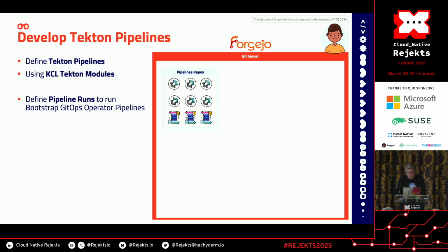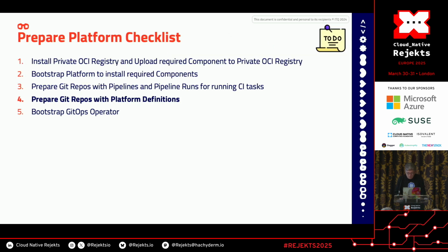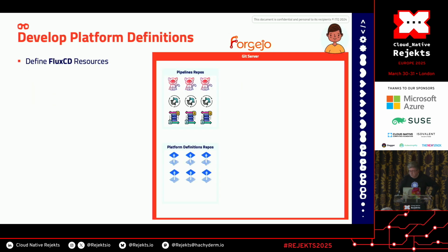run inside the platform. So now that everything is there to run, you need to define the configuration of the platform, so the set of Kubernetes manifests that will be deployed by the GitOps operator that define all the environments that the developers will use later on.